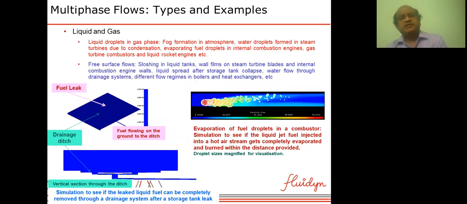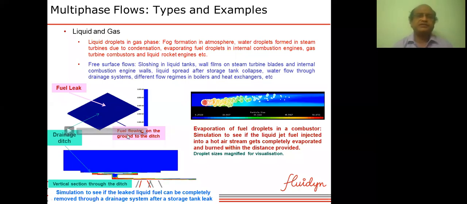Then there are other examples of liquid and gas, like cloud formation in the atmosphere, water droplets formed in steam turbines due to condensation, and so on. In addition to that, there is a large class of problems involving free surface flows, like ocean waves, or as you can see here,